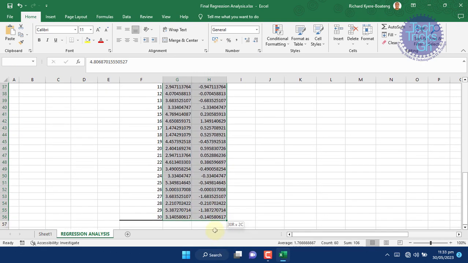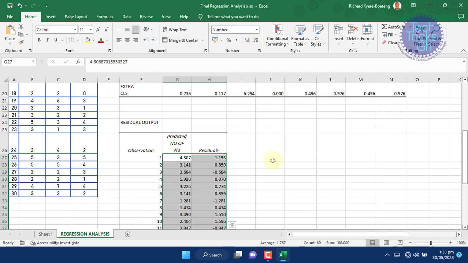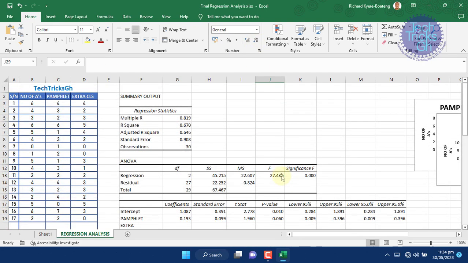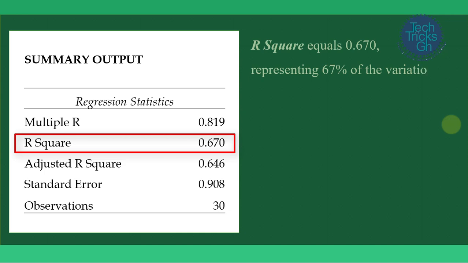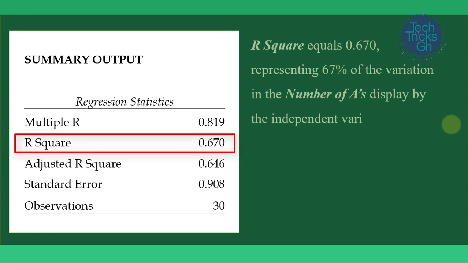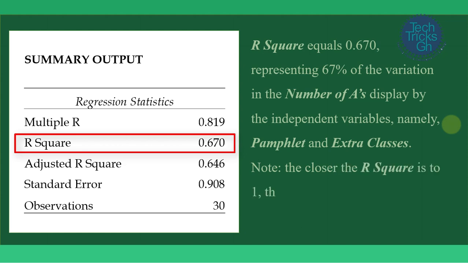And finally, reduce the residual outputs also to a 3 decimal place. Let's look at the summary outputs and explain few things one needs to know. R square equals 0.670, representing 67% of the variation in the number of A's displayed by the independent variables, namely pamphlets and extra classes. Note, the closer the R square is to 1, the better the regression line fits the